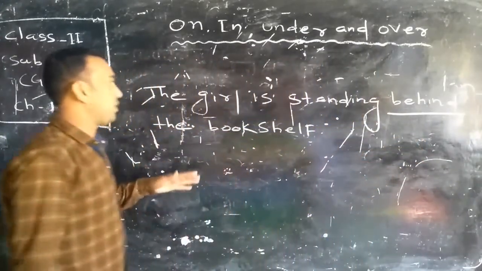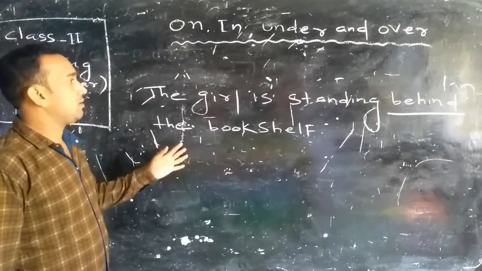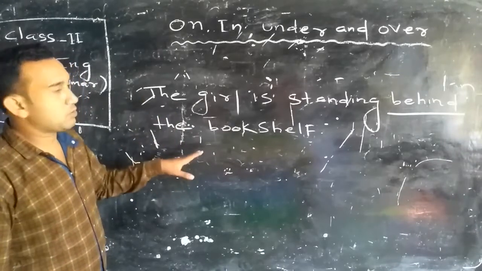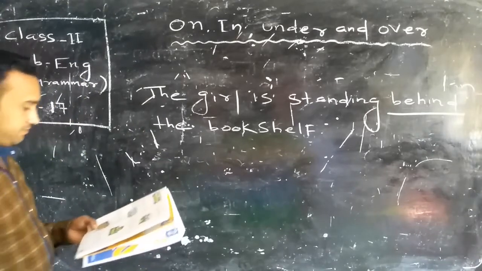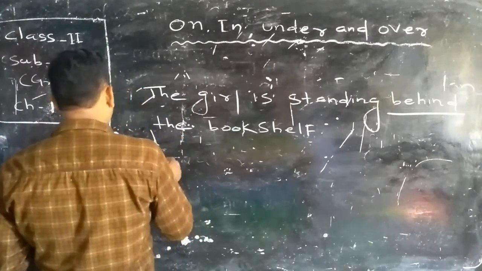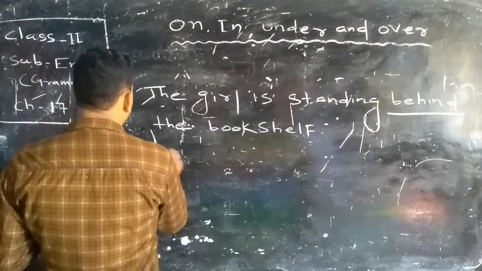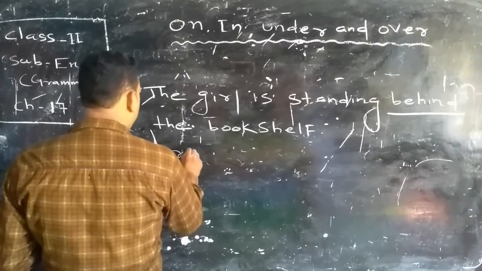बुक सेल के पीछे खड़ी हुई है। ओके, आगे अगर खड़ा होता तो और कुछ लगता, पीछे खड़ा हुआ है इसलिए बिहाइंड। ठीक है, बिहाइंड, बिसाइड। देन अनदर नंबर अरमान।